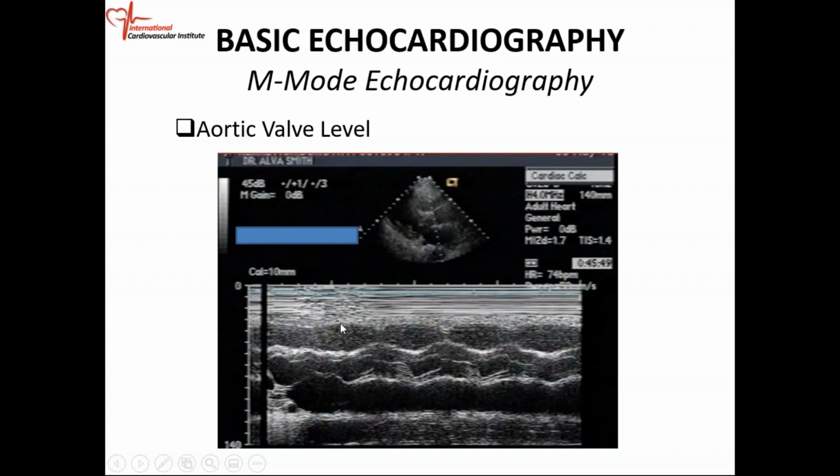Okay, again, on the horizontal axis you have time, and on the vertical axis you have distance, and these things are scaled so you can measure displacement, you can measure thickness. I think each of these is probably 10 millimeters, so total is 140, so you can measure thickness, and then time is on the horizontal axis.